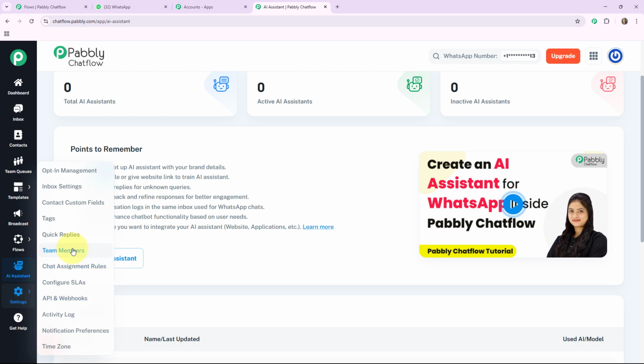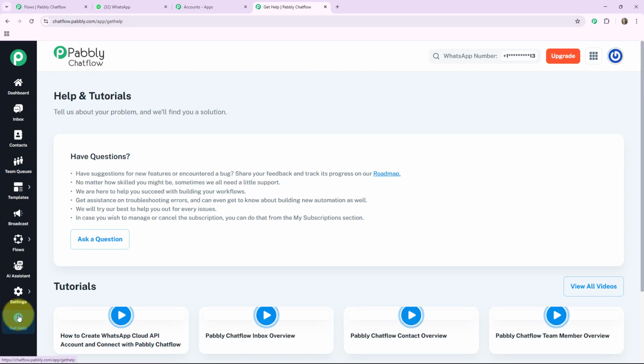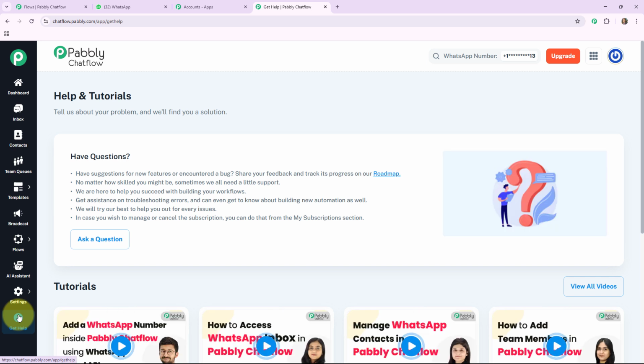Where you can manage your accounts, team members, integrations, API keys, etc. The 10th one is Get Help, where you can tell us about your problem and we will find you a solution. As we are creating a WhatsApp chatbot with the help of Pabbly Chatflow Builder, I'll click